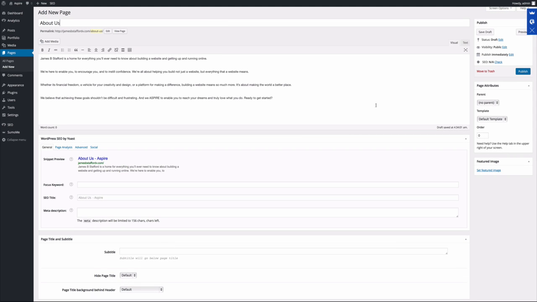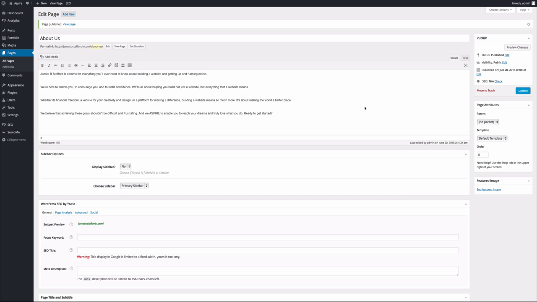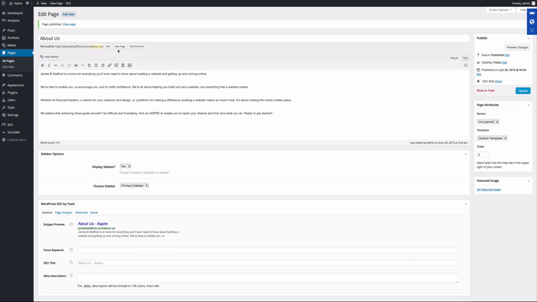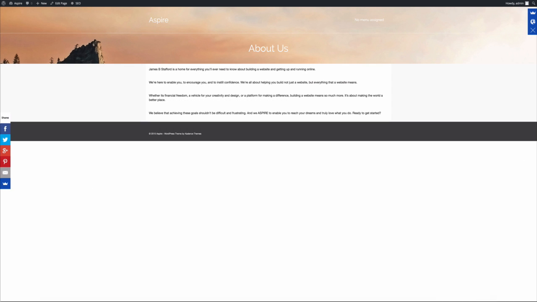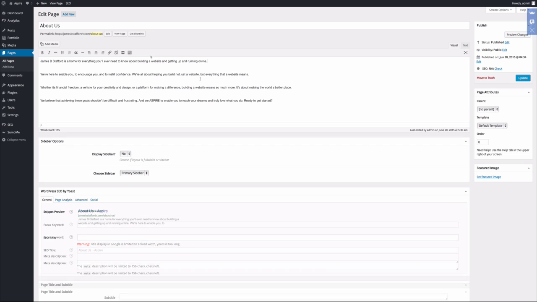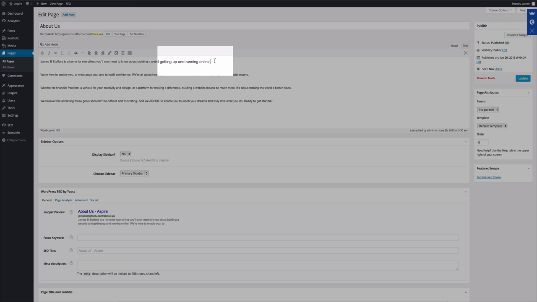So let's go ahead and publish the page and see what it looks like. And we'll click on View Page, and there it is. Actually, I've decided to add an image to this page. I have a great image that's perfect for this page. So we'll head back to Edit Page. So then I'm going to put my cursor right behind this period, and then Add Media,